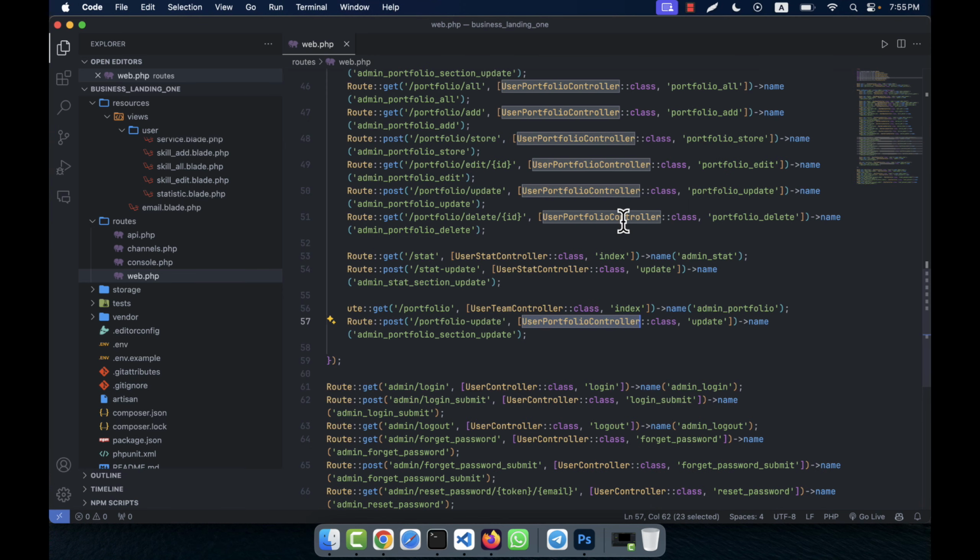So here I can call user team controller. Okay, so this is team member item, for example, or team member section, and another one will be here team member item update, and here will be admin. I can call here admin team member,